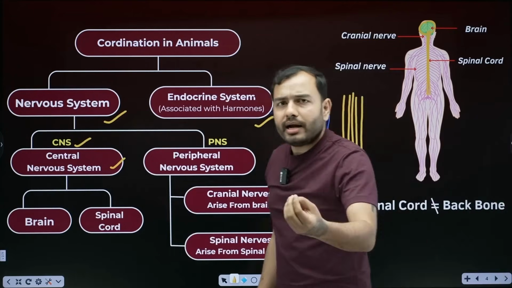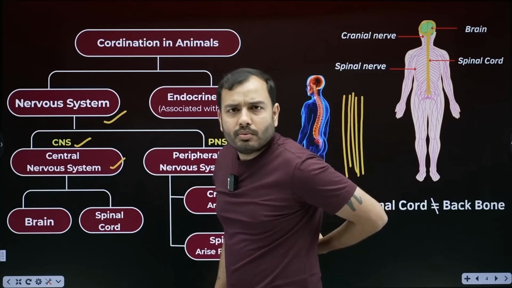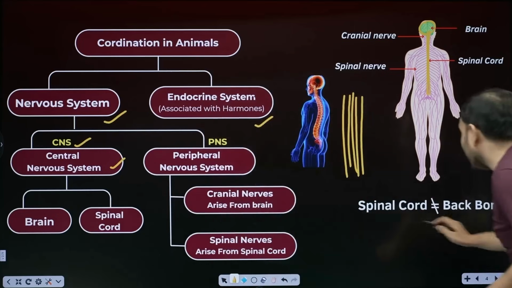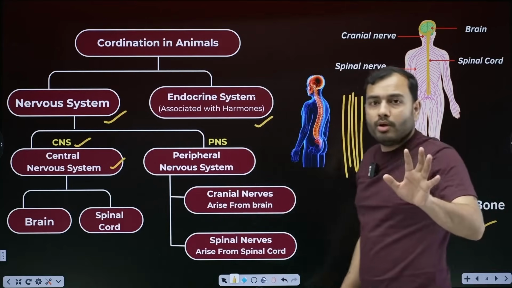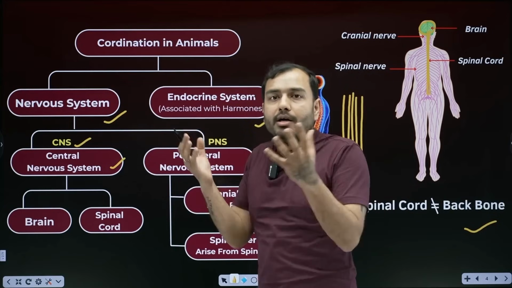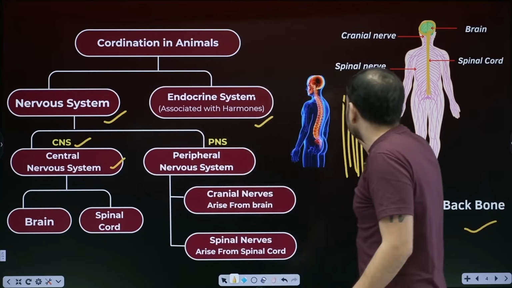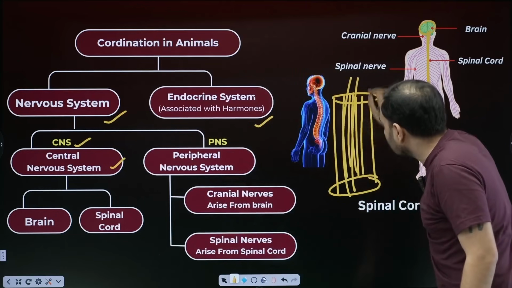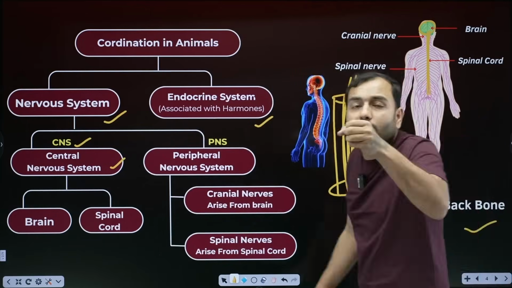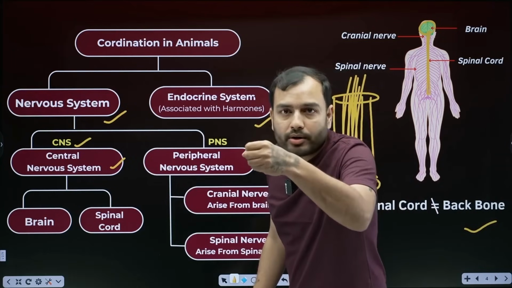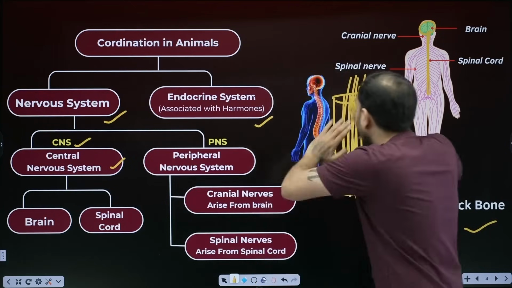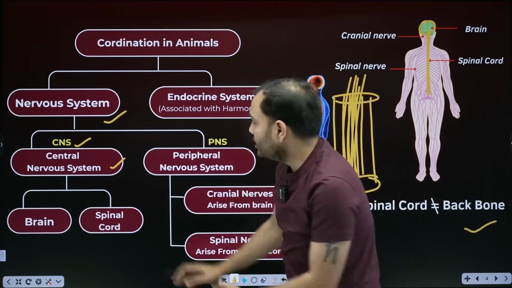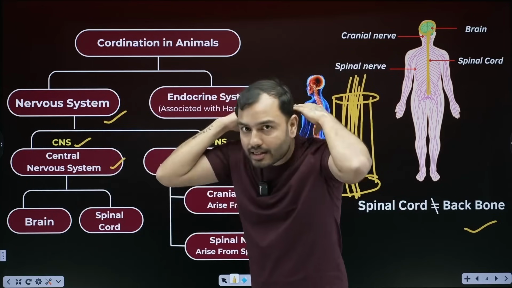Many people think that the spinal cord is the spine, the vertebral column, that our backbone is the same as the spinal cord. No. Spinal cord is not equal to backbone. What is the vertebral column, beta? Our vertebral column is our spine, the backbone. Understand it like this: it's a hollow pipe, and from inside, so many fibers are going. They are called the spinal cord. So the spinal cord is not the backbone. In fact, the backbone is a hollow pipe through which the spinal cord is passing. This is the central nervous system, brain and spinal cord.